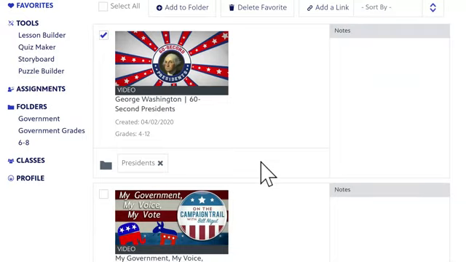And over here it says, this is one of the things I was talking about. It says it's good for grades 6 through 8, but this is one you could show all the way through high school, and I think the kids would enjoy it and get a lot out of it too.